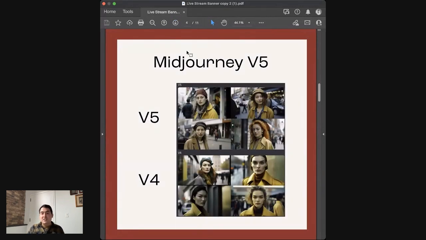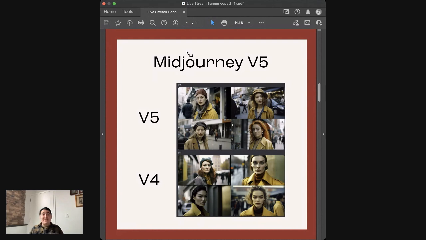So just to talk a little bit about V5 versus V4, these are two examples that I gave. This is actually a prompt written by @NickFloats, which we're going to talk a lot about him in a second. But this is one of his prompts. Version 4, you can see very much looks like it was created by AI. It's kind of got a video game-esque, very different style. It's a very computer-generated style, whereas V5 literally looks like a photograph.